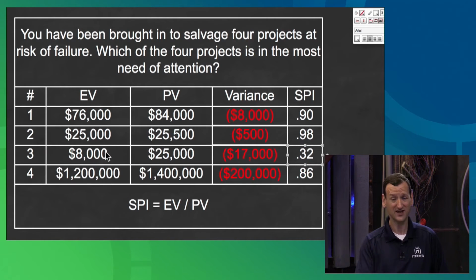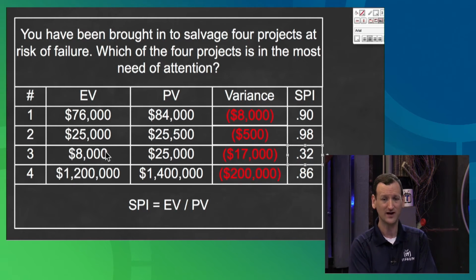Or you just get down there and kick some butts, right? Maybe there's work that's supposed to be getting done that's not getting done, and you get in there and correct it. You could salvage this project, but it needs to be your first priority, right? Granted, it's a lower amount of money than we're talking about in Project 4, but it's in far worse shape